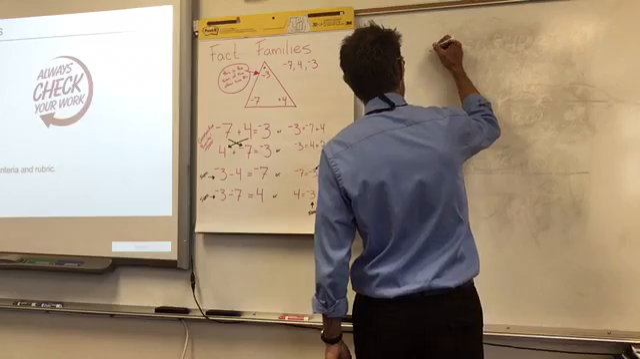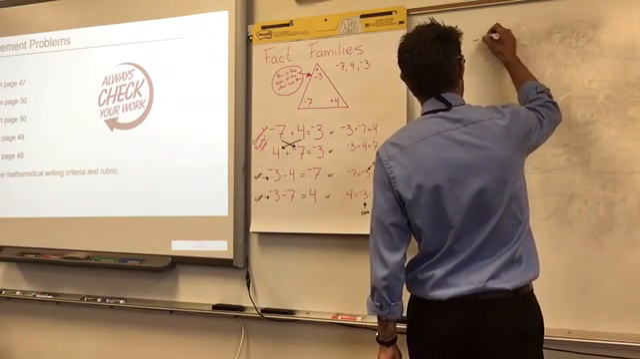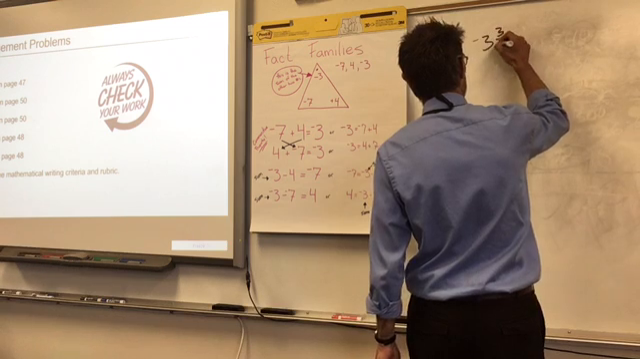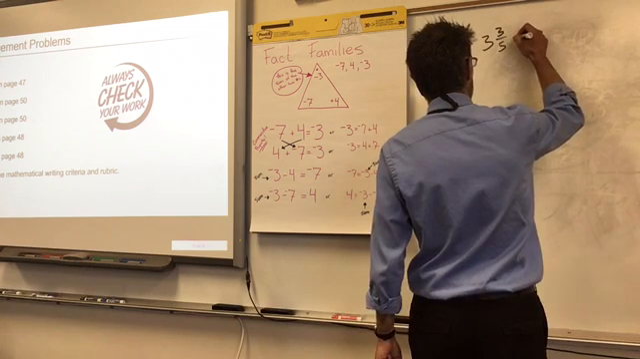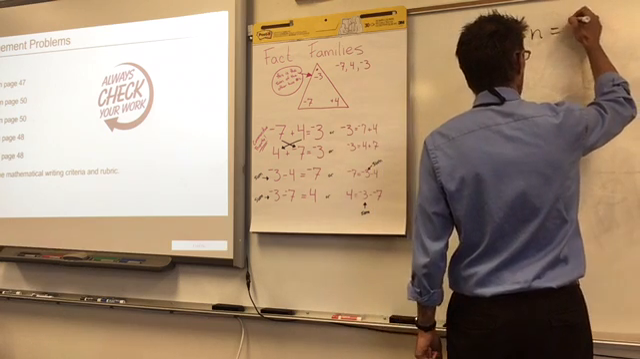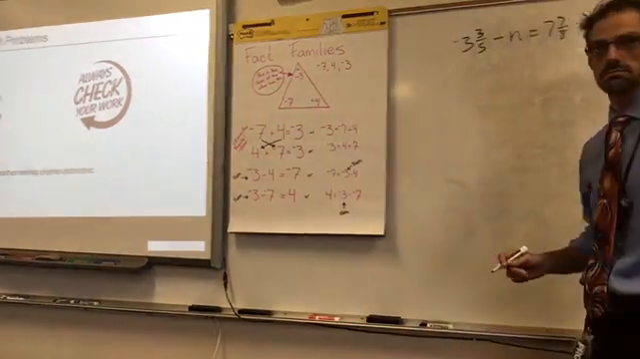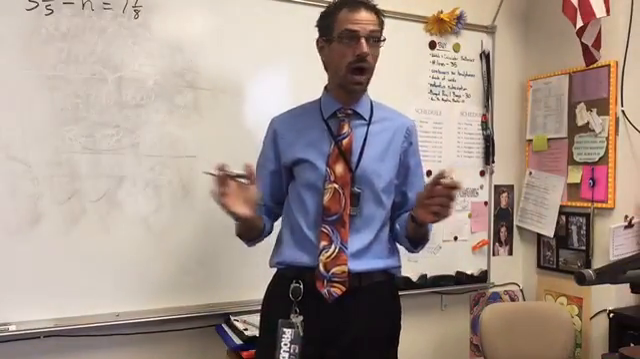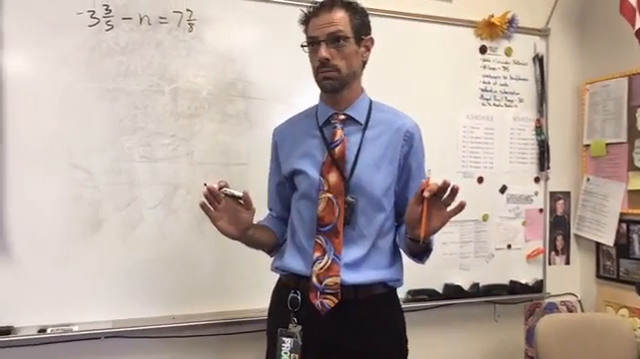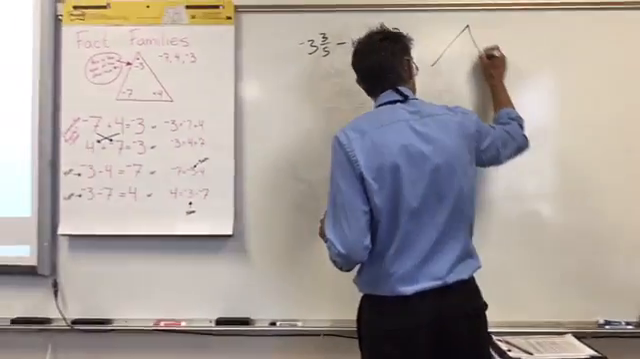If you know how to make your fact triangle, so let's say I've got this problem that looks like this: -3 3/5 minus n equals +7 7/8. Okay. Man, how do I even start doing this problem? This is a hard problem. But if you think about the fact triangle,